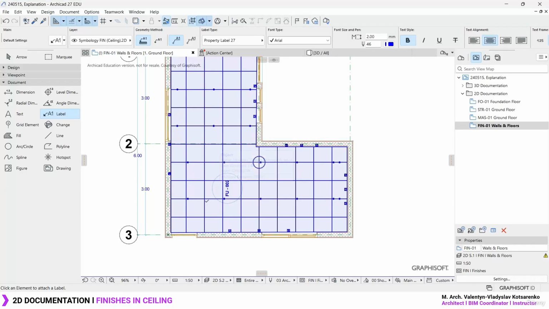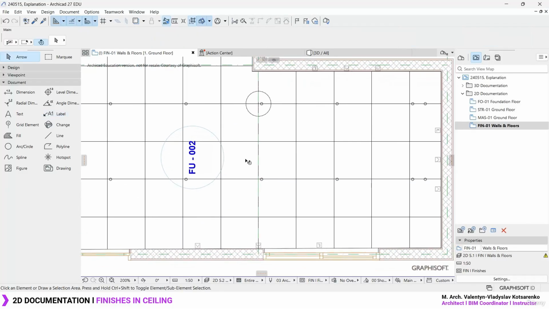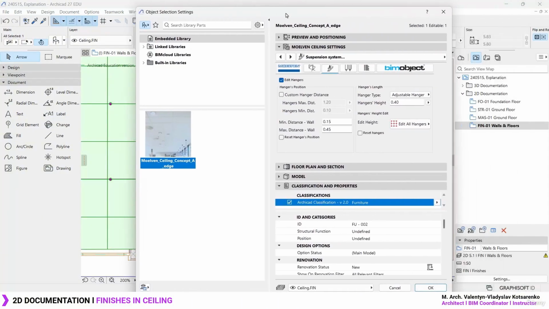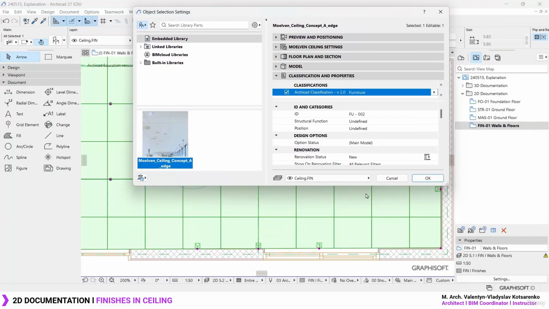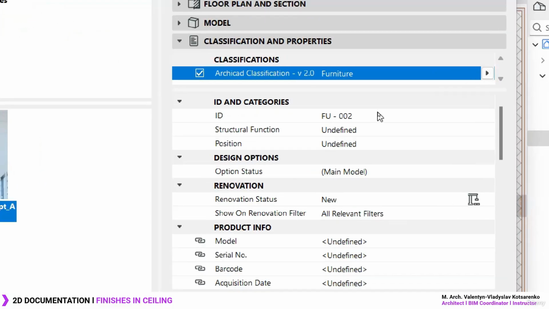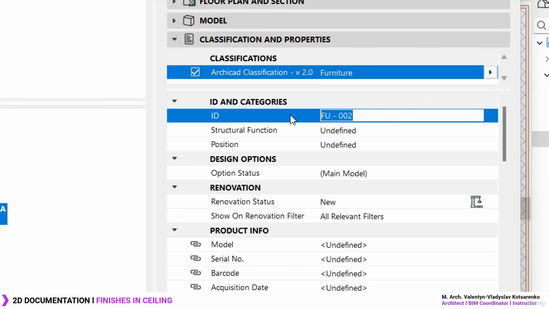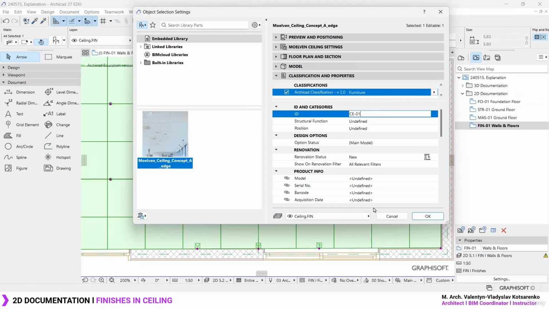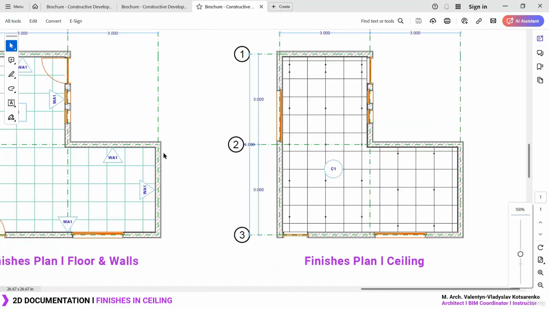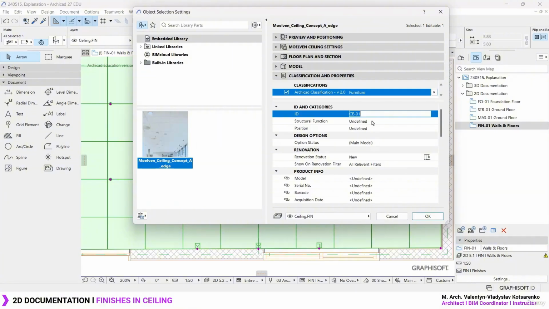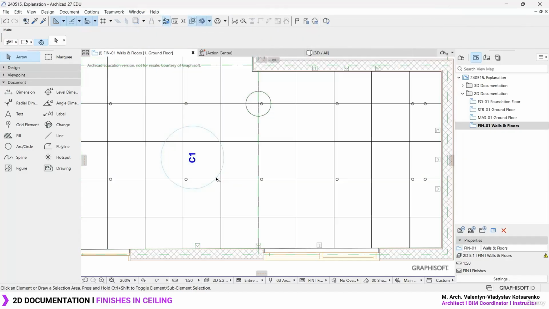Let's left click over here. And if you notice, yeah, it's extracting some type of ID for this specific object. The ID, you can simply set it and fix it in the general ID you got over here. So if you set this to maybe ceiling number 1, something as this, or whichever type of ID you want to use, maybe it's C1, in this manner you can use and adjust your label accordingly. So I'm just going to set it to C1, press OK,